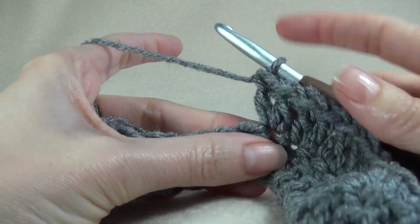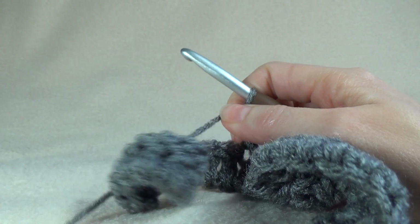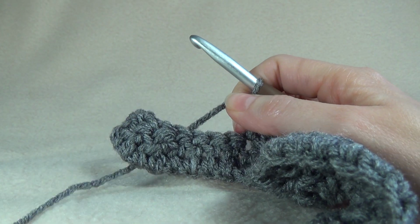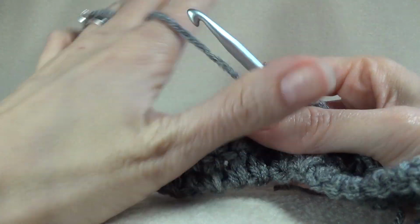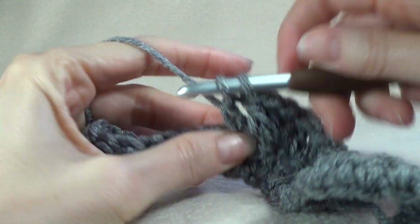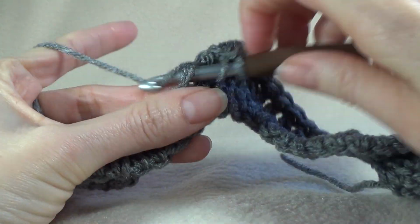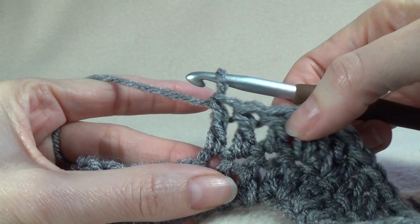Into the next 4 stitches we're going to work a double crochet. Just grabbing some more yarn. It's the only thing with the new ball, which this grey is, it's really hard to pull out at first. It doesn't flow like when you've used a bit of it. So you need 4 of those, so that's 1, 2, 3